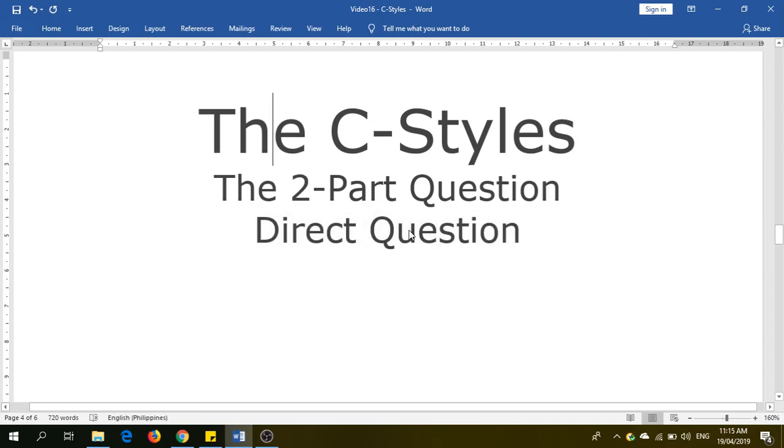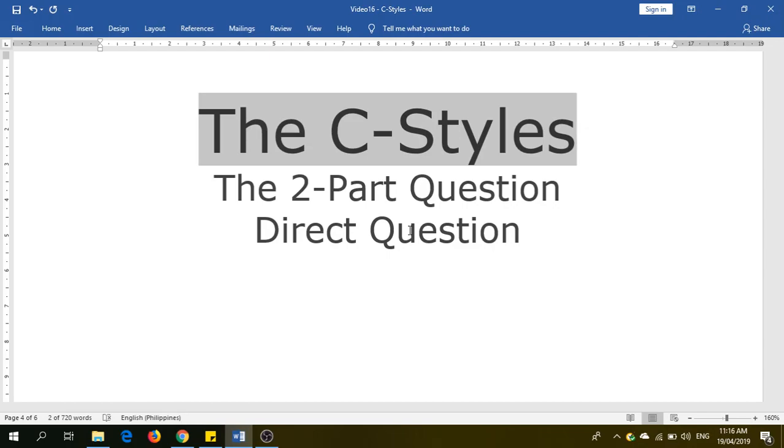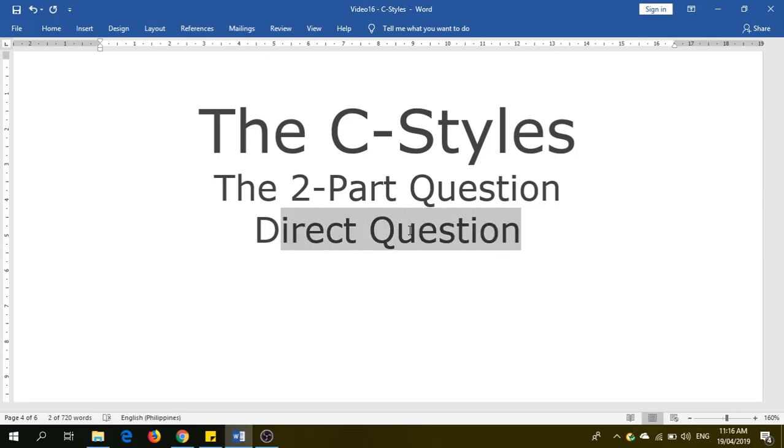So, for all intents and purposes, the C styles really are the most underestimated of the essay questions, precisely because students have this misinterpretation that all you need to do is to answer the questions directly and you're okay with it. It doesn't apply all the time. You'll really have to look deeper. You might feel that you just have to answer it one-sidedly, but there really is another side of the issue. So you'll have to implement the crossover therefore. So let me remind again, it is the most underestimated of the question types.